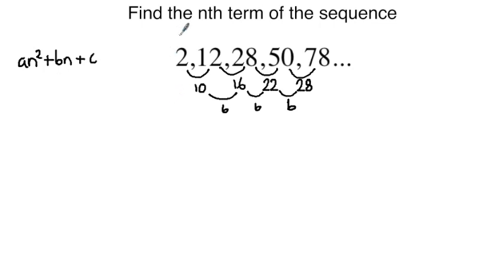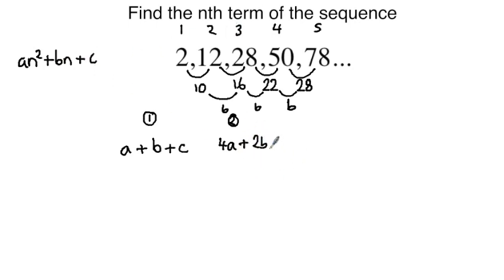Now, if we start with our term numbers, 1, 2, 3, 4, 5, referring to term 1, term 2, and so on, if we substitute the numbers into the general form, we'd have for the first term 1 squared times a, which would give us a, plus b lots of 1, plus c, and that would be term number 1. Term number 2, in effect, would be 2 squared times a, which would give us 4a plus 2b